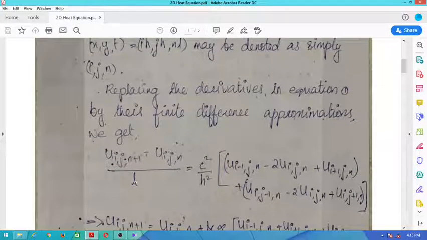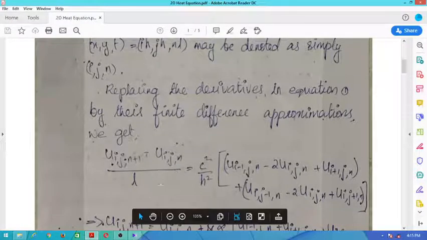When we write ∂u/∂t, only the terms n+1 and n change, and the increment value in t is l. Therefore, the left hand side is (u_ij,n+1 − u_ij,n)/l, equal to c² into